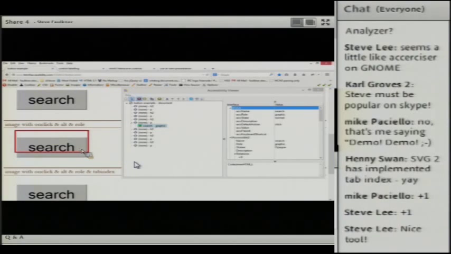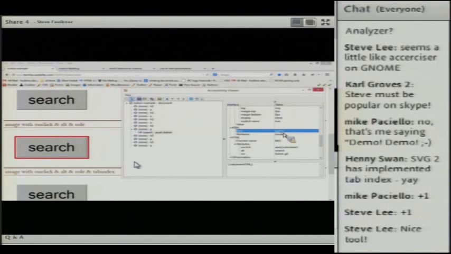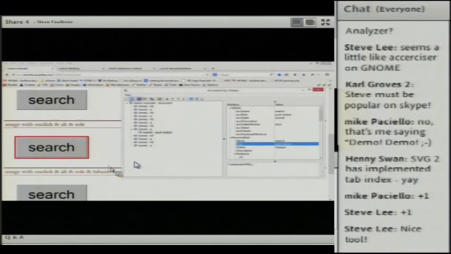So the next one, if we look at the next one down, okay, so this is an image. What we've done now is add, and if we look down here, we've added an ARIA role of button, and that is exposed here, so it shows up, so we know that there's a role of button, and that is actually filtering through into the accessibility APIs. As you can see in the IAccessible2, it's there. So it's starting to build up to a point where it's actually starting to be a meaningful button, but still we have some issues with it.